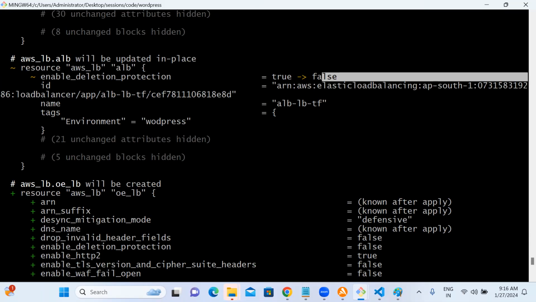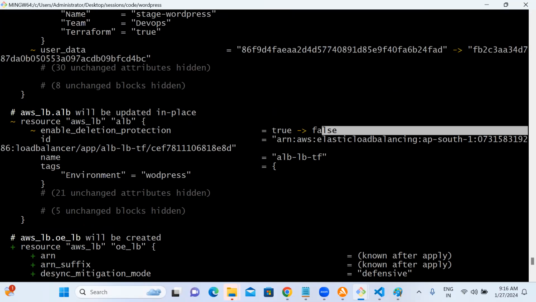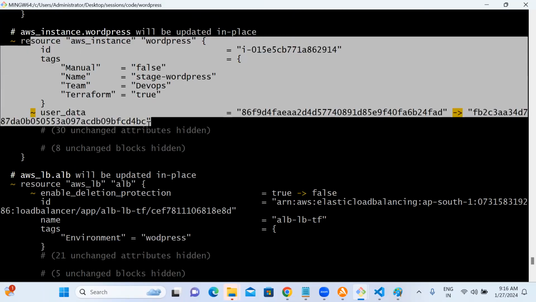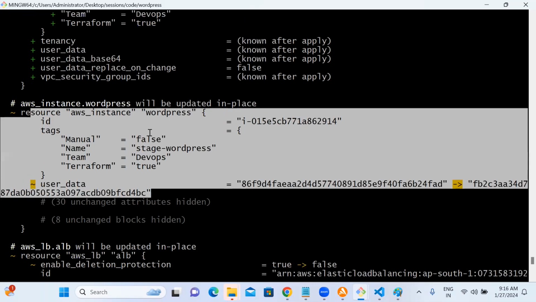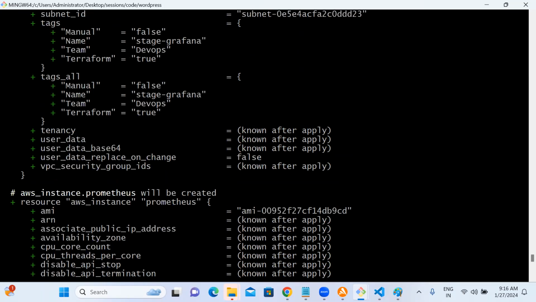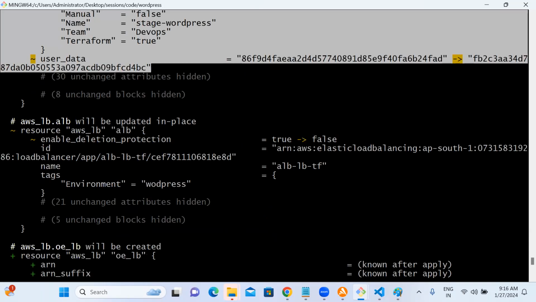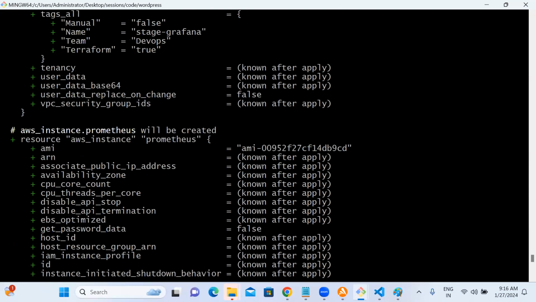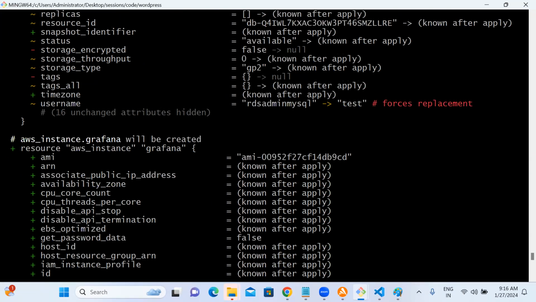We used to get scared sometimes when applying bigger changes. At that time, on the safer side, I apply my own targets only, because I have written my code, right? That will work. So this user data, we modified it, let it take. We are not worried about the WordPress for now. My objective was Grafana. Update in place, I'm not worried because we modified the user data, right? It is saying that it's been modified. I'll take that effect.